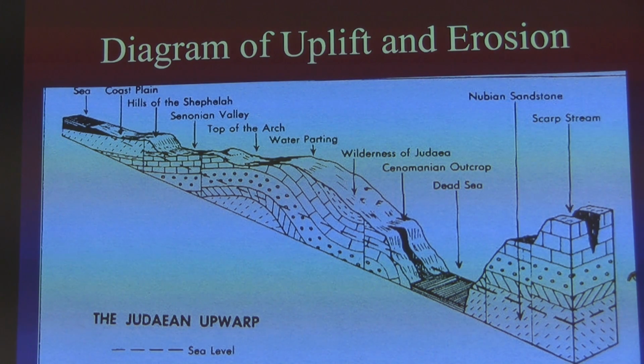When we do have rain falling, obviously there's going to be a place where the water is either going to flow east or flow west. And so that's going to impact things that happen out here, because it could be raining like crazy up in this location, not raining here at all, and yet major water courses coming down through the wilderness of Judea into the Dead Sea. In fact, back in 2012, there were some people who lost their lives. They were in Wadi Qumran, and one of these water gushes from a rainstorm up in the hill country swept them away, sadly.